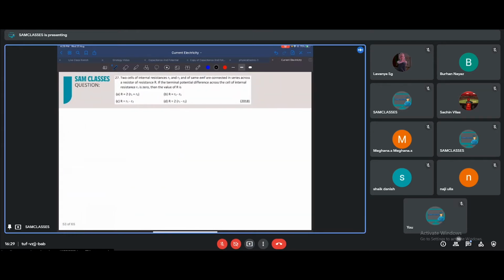Now see, current usually comes for 6 marks. So it is very, very important. Take your time and go through these 6 marks. These first 4 or 5 chapters are very, very important: current, capacitance, electrostatics, these three, then moving charges, four, and AC. Among the most scoring topics, these are the chapters.